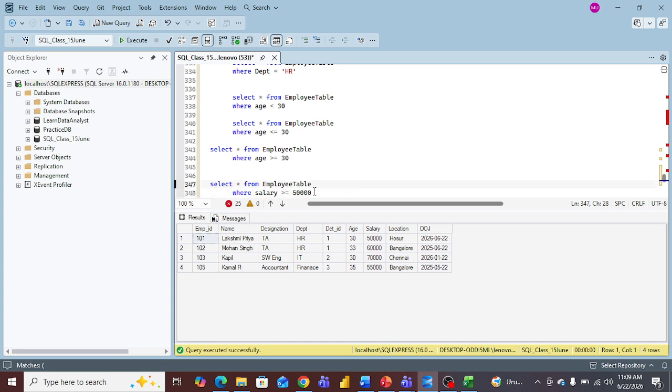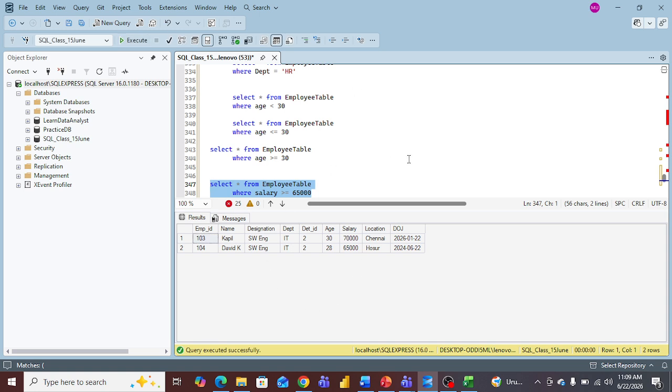Am I right? So it means all candidates. Yeah, you can make it different because 50 is a low salary. What if we do 65, right? So we will get some difference, right? So we have learned